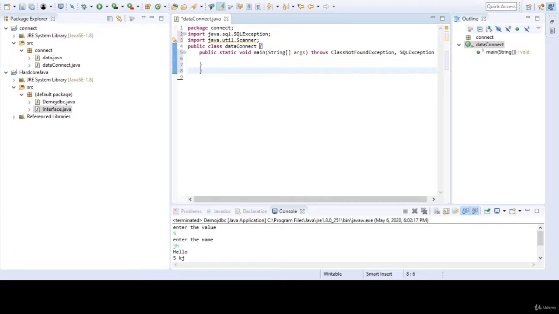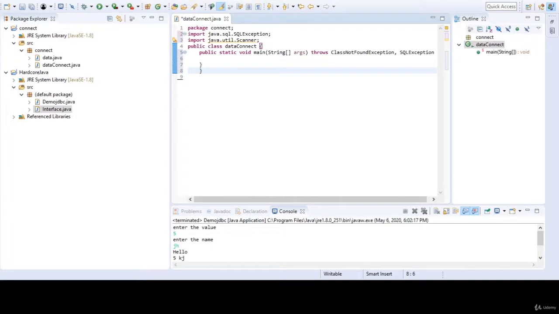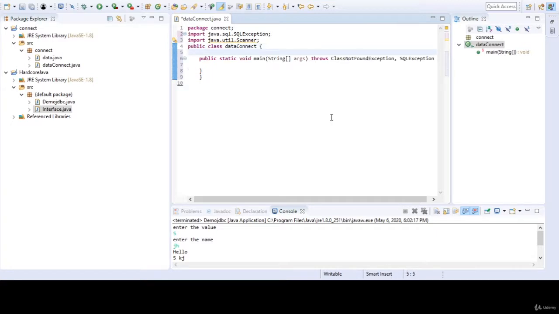Now we are going to look at this table. The first column is the id and the second is the name. The first is an integer and the second is characters. For this we are going to create a scanner property. As scanner is static for this, we are going to create a static scanner. Let's create an object of scanner. Here it is, we have created one object of scanner, System.in.